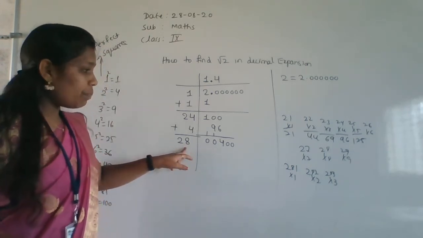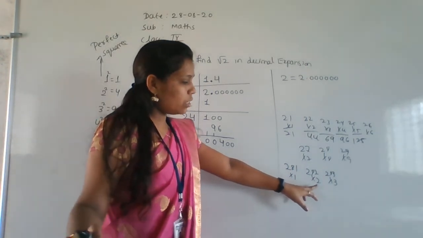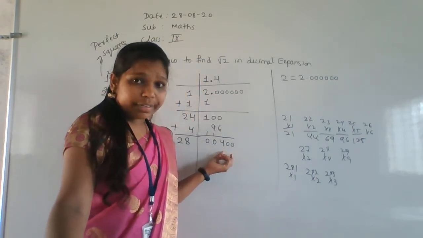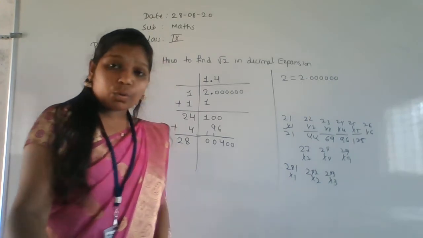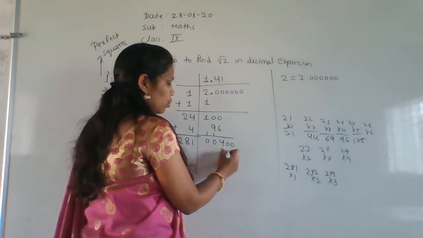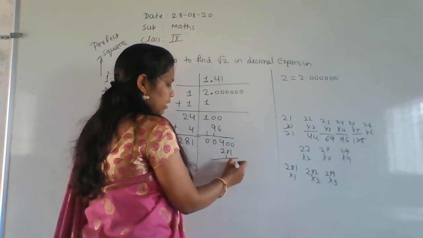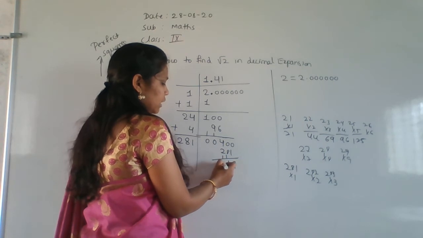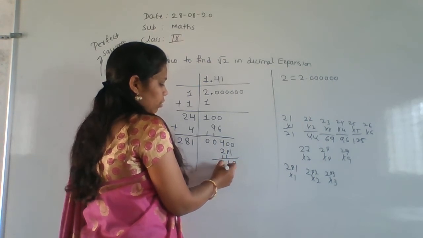Okay. So here 282 twos are how much is it? 2 twos are 4, 2 sixes are 6. It will become more than the 400. So the only possible thing is 281 ones are. So 281 ones are, that is 281 only. Here do the subtraction, that is 10 minus 9 is 1. 4 minus 3 is 1.